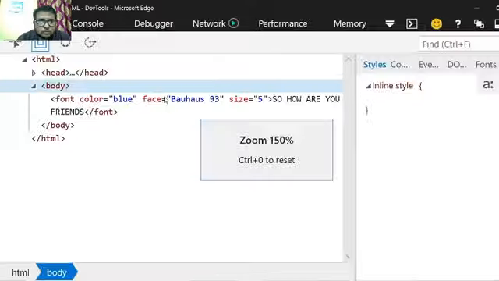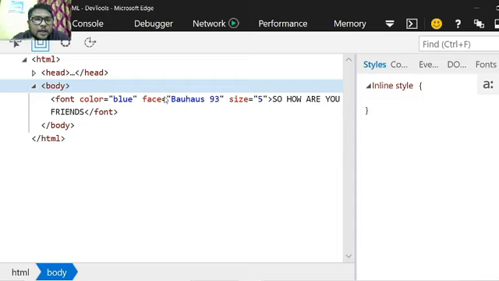You can write different font styles, those font styles that are available in your computer. It can be Arial Black, Times New Roman, Monotype Corsiva, Comic Sans MS. The size of the font is 5. So you can make it 6, 7, it can go on till 7, I think. And another thing you have to remember is size 1 is the smallest one, and the highest one, I think, is 7.